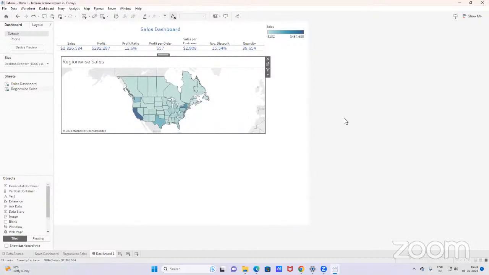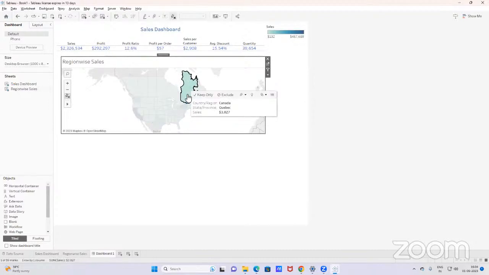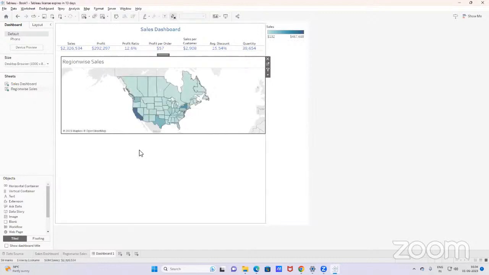And one interesting thing which I wanted to share, which I like the most, is the interactive visualization. We can see that these are the aggregated metrics which we are showing. And here we have region wise. If I click on somewhere, it displays the regional value in the map. But I want to see these statistics also. So I can use this visualization as a filter. That is very